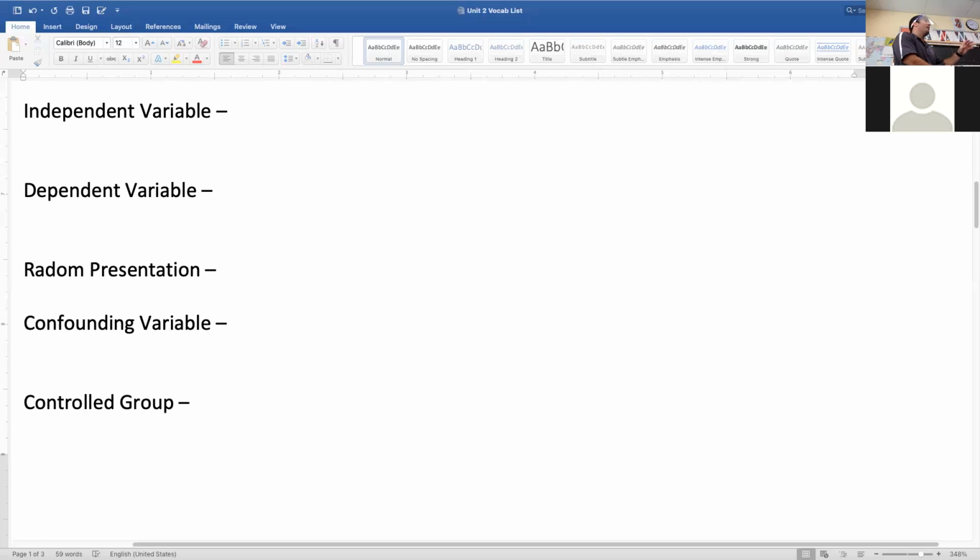Right. So the independent variable again is interchangeable. The experimenter changes this variable, the cause or effect, and the dependent variable is the measured outcome. All right. So this is like the response from the independent variable. Good. What about random presentation? What does that mean? Andrew, what do you have for random presentation? I have random presentation as a research method in which the stimuli is delivered in order that is based on chance, so that each individual component has the same likelihood of being judged.